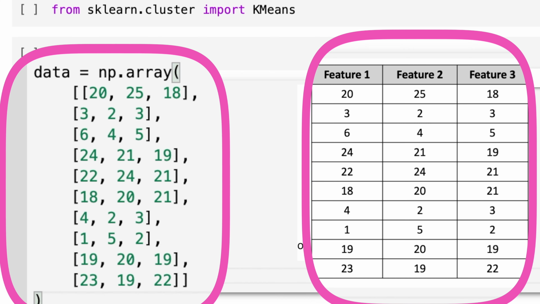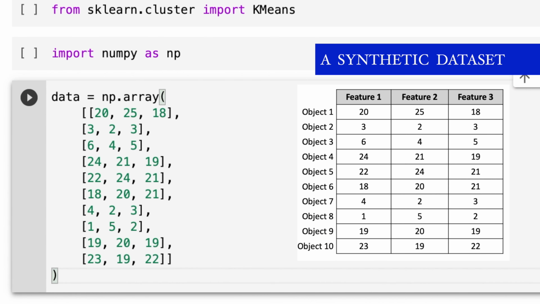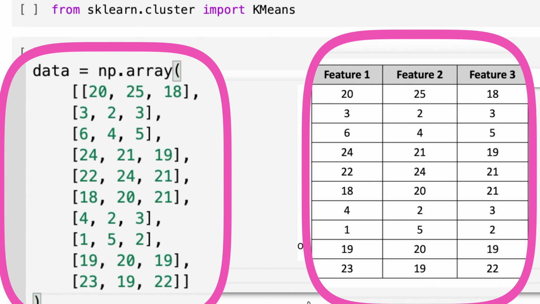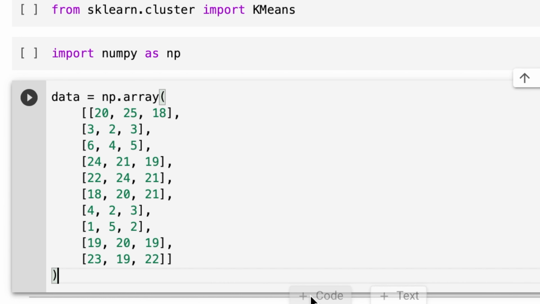Such artificially manufactured data is generally called a synthetic dataset. Synthetic datasets are used to test new algorithms. In our case, we are using this synthetic dataset to check how the k-means clustering algorithm behaves on this dataset, for which we already know the result with 2 clusters. In an ideal case, you will read your data from a CSV file or a TXT file and keep the content in the data variable.